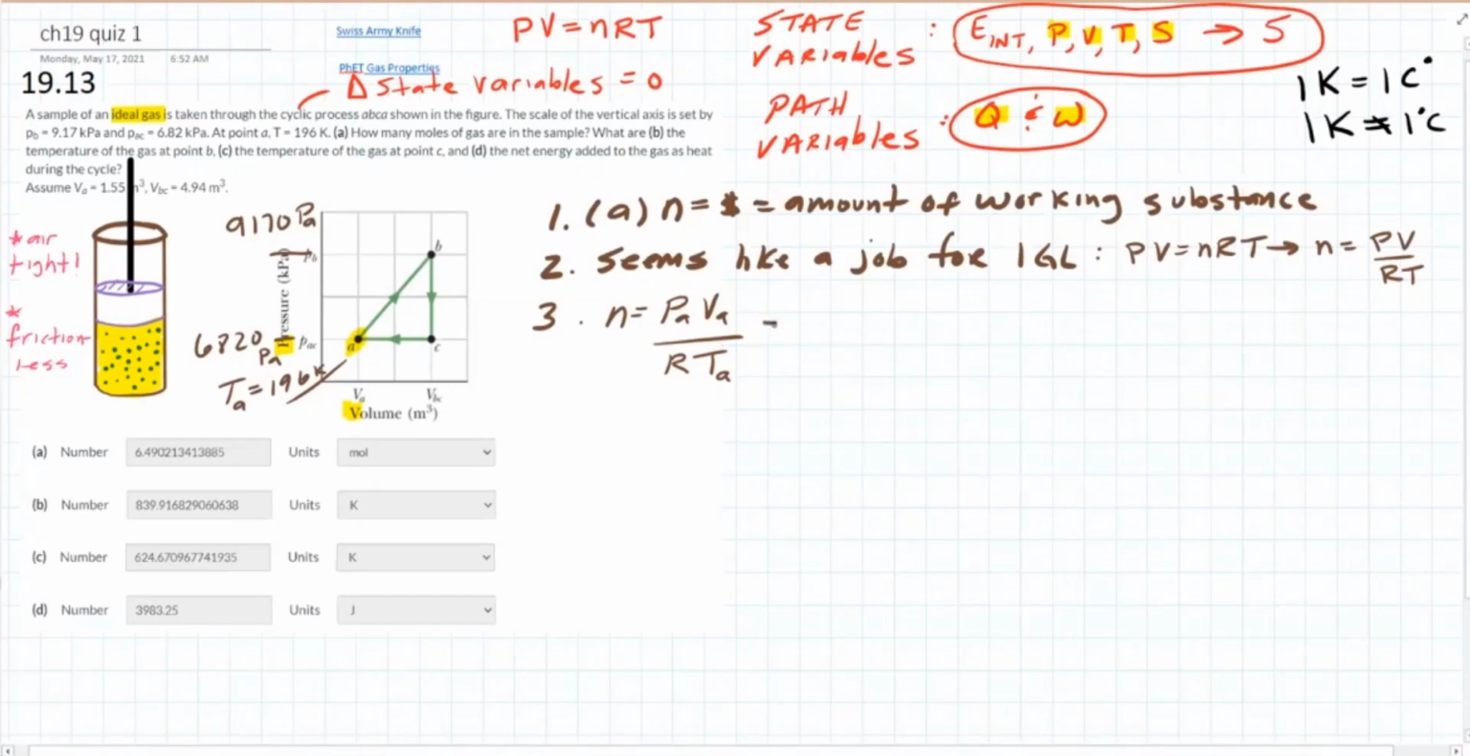But actually, the hard part now is going to be units. So let's see. What is my pressure at energy state A? My pressure at energy state A is the same as the pressure at energy state C, because, again, it's shown as a flat line. So I know this is isobaric, because the pressure remains the same. Iso means same, baric means pressure. So I do know my pressure at A. It's 6820